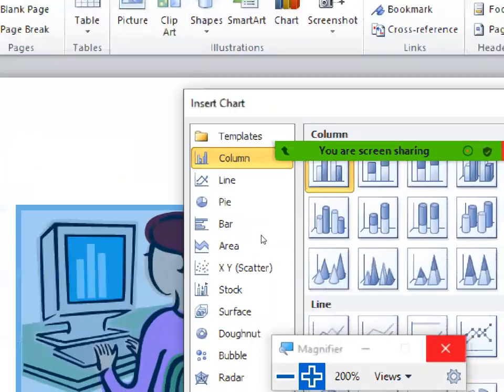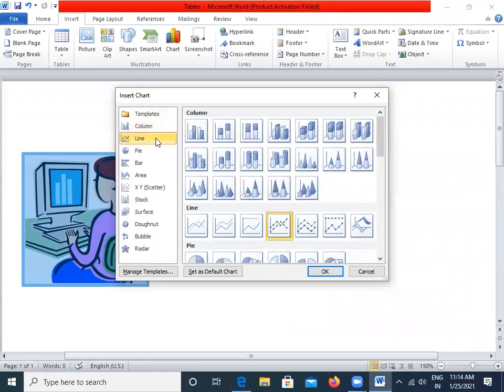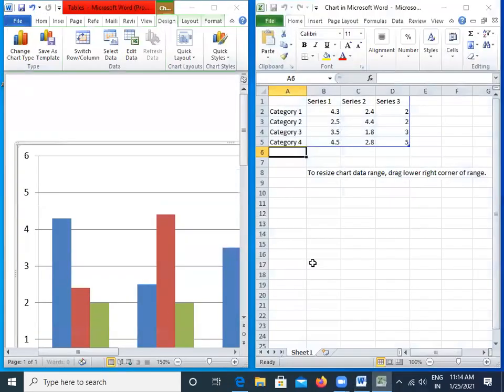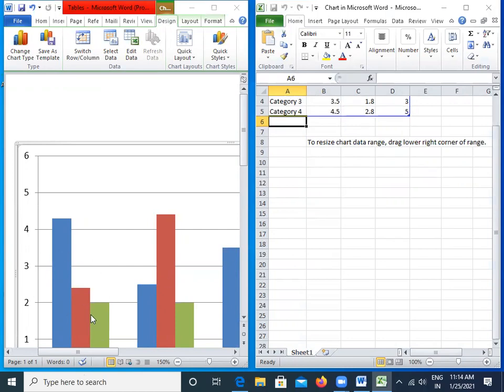Whether you want a column chart or a line chart, different options are available. You can select any one of these and then say OK. A chart will appear and it will ask what you want to represent. By default, it will show some values. You can change the values here, and according to that, this will be displayed.